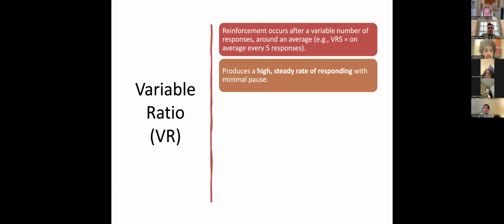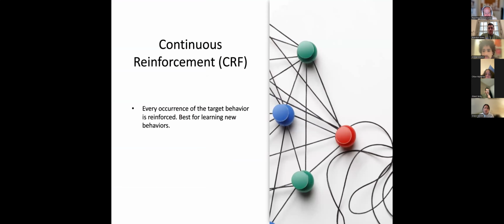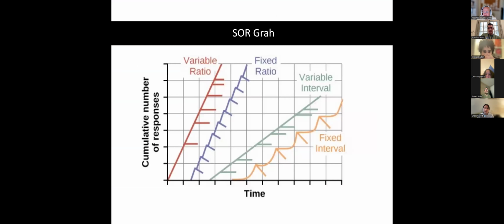When we go back to the graph, I should just put the graph in after every slide. If we go back to this graph, we see the fixed interval schedule here in yellow, and what we see is the scallop. This is what they mean by scallop pattern. When we see this flat line, that indicates no responding is happening. At the end of the interval, a response occurs and then reinforcement is delivered.